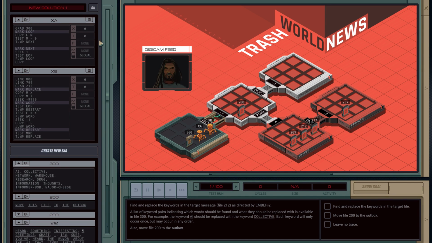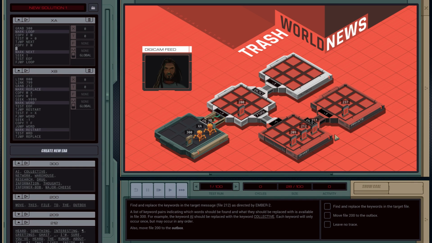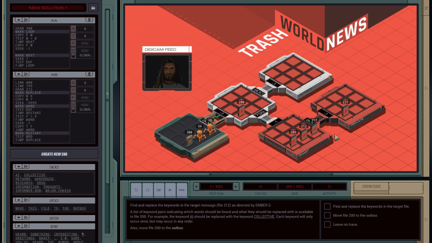copy 0 to m, which is going to mean, okay, you're done, please die. We don't need that because this guy can check whether there's a message available. Okay, we might or might not need this. Let's put it that way. So t-jump next. Otherwise, we do need the value, and so we should copy f to m, seek -1, and jump to